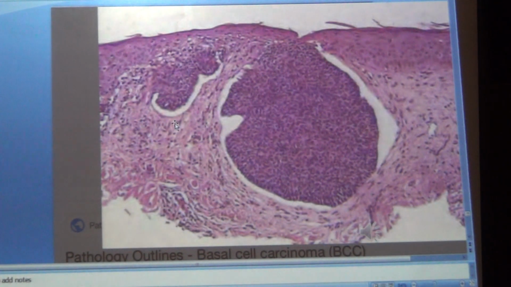Again, another view of basal cell carcinoma: you can see an island of cells with some palisading, and this white cleft-like area is retraction artifact. It is arising from the basal layer of the epidermis, and the surrounding stroma shows some inflammatory cells such as lymphocytes. This island of cells is separated from the surrounding stroma, and the cleft is a retraction artifact. It helps in the diagnosis of basal cell carcinoma.